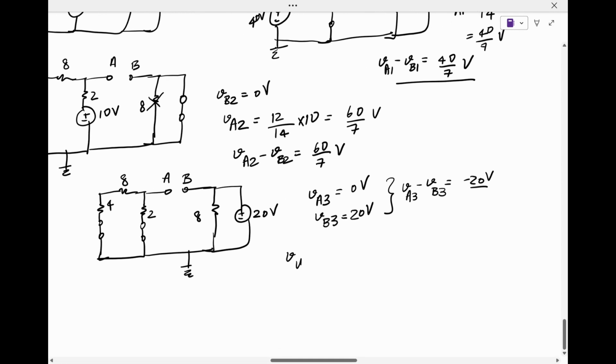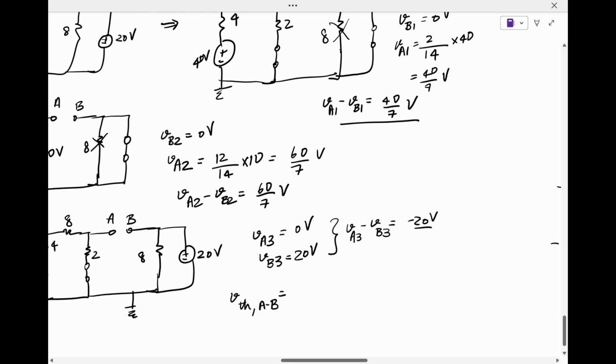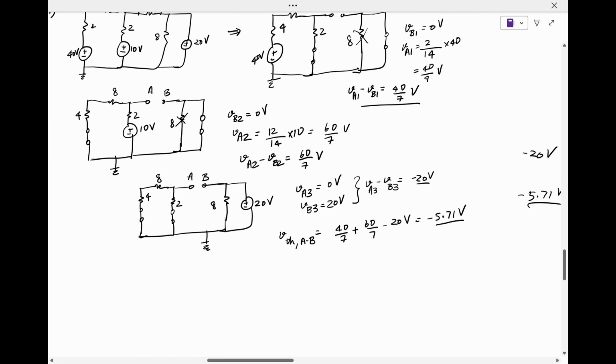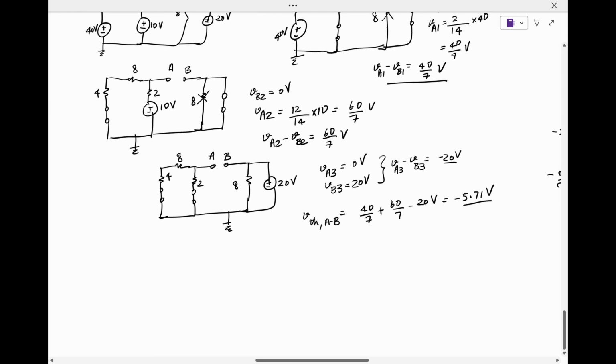So VThevenin across terminals A and B is going to be an algebraic sum of these voltages. So it's just 40 by 7 plus 60 by 7 minus 20, so that's our answer. This comes out to be minus 5.71 volts. And